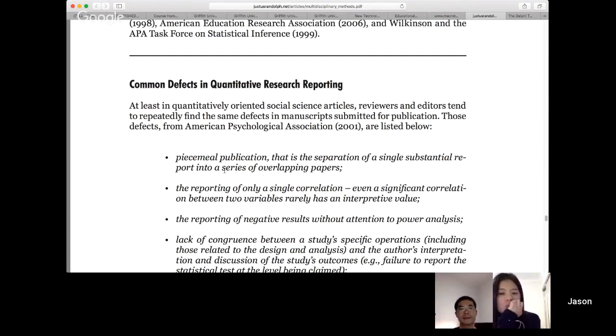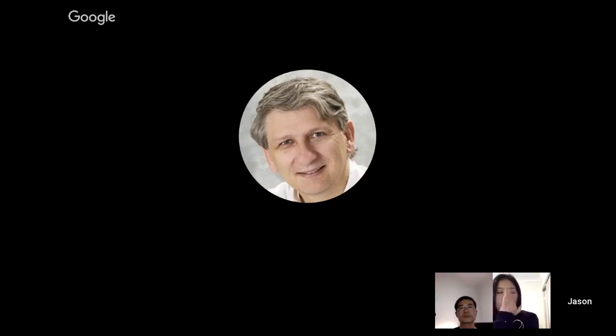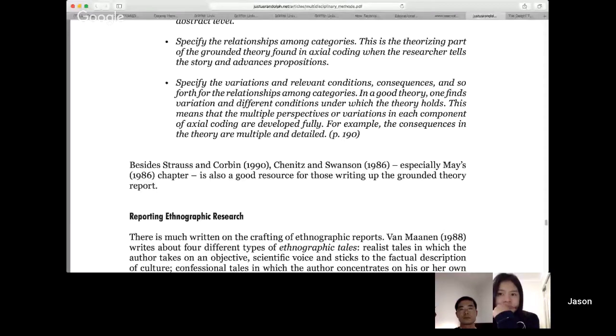Okay, so that's a summary from this particular article of educational technology research, or really more just education research as a whole, and to a certain extent, research as a whole.